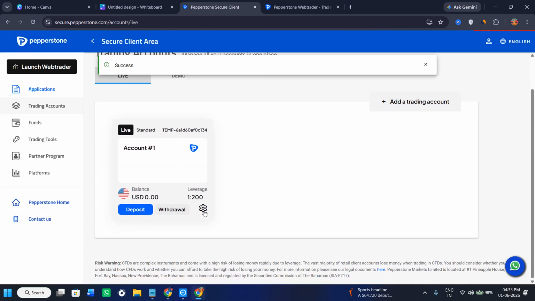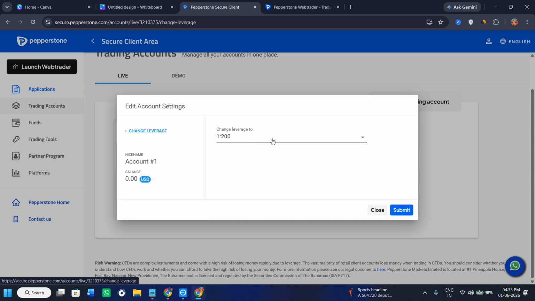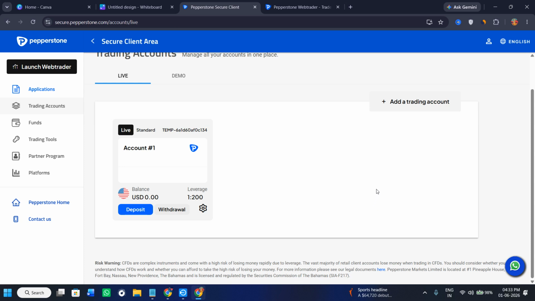Similarly, you can go to the live section, then click on the option of this gear icon, then you can select the option of change leverage, then you can select the leverage over here, and then click on the option of submit. So this way you will be able to change leverage on